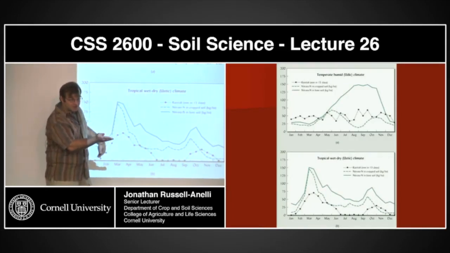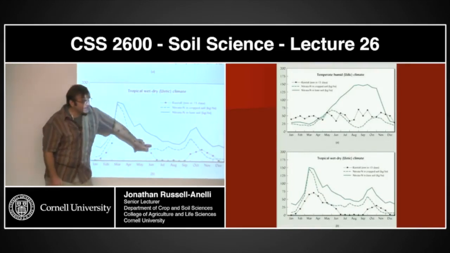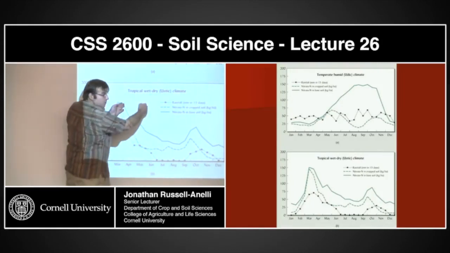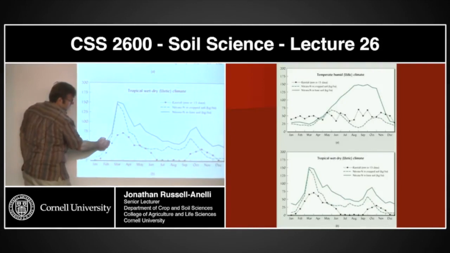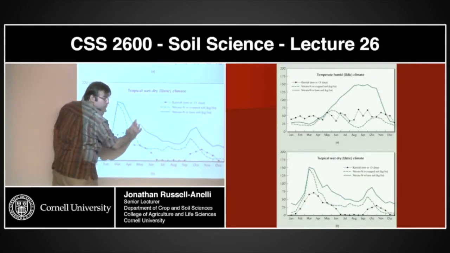The answer is right. What's going on, though? What's going on at this end versus this end? So this part of the curve versus this part of the curve. This part of the curve, these two lines are basically together. This part of the curve, these two lines are separated. And the answer there is the crops.